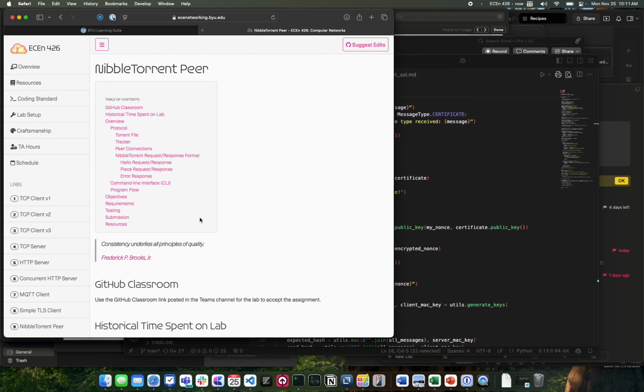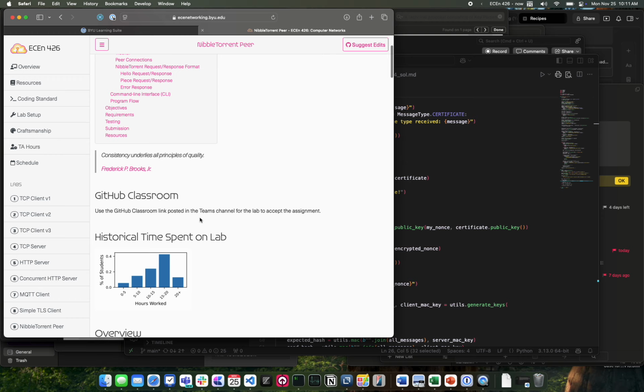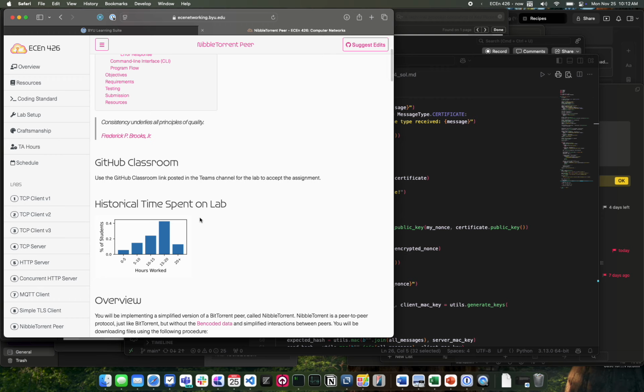Okay, so you would need to demonstrate to me what it means for it to be working. You guys haven't even worked on the lab, so you're not going to know what I'm even saying. But for some people that have worked on the lab, you need to demonstrate that you can download a whole file and you can upload a whole file, and find peers, but to upload files, you need to have found peers and download. So those are the 3 things I'm looking for. Make sure your tracker is working properly, make sure your upload is working properly, make sure your download is working properly. So that'll make sense when you start working on that.